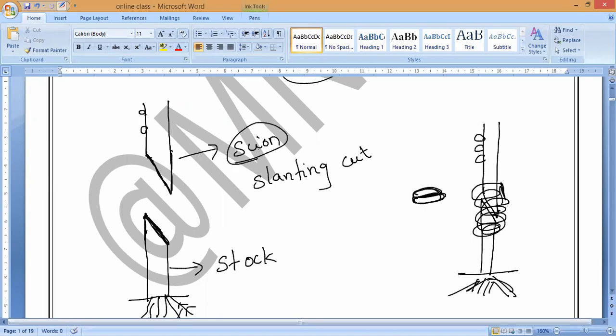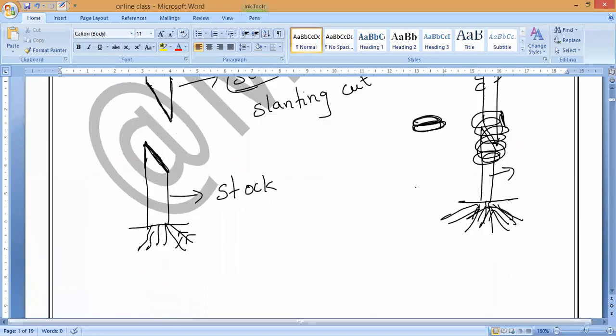The scion does not have any roots, but it will start getting food and water from whom, guys? From the stalk. Yes, the stalk. So here the supply of water and food comes from the stalk, which is one plant, and the growing part is the stem of another plant. This is what we call grafting.